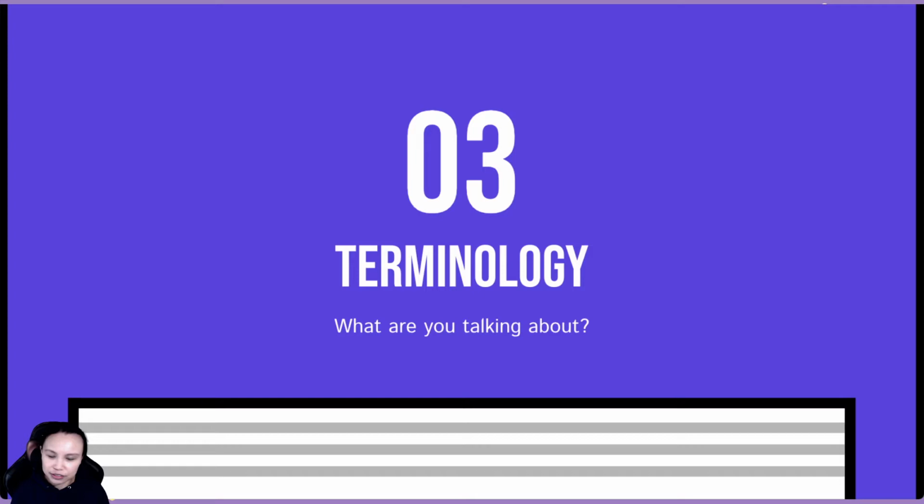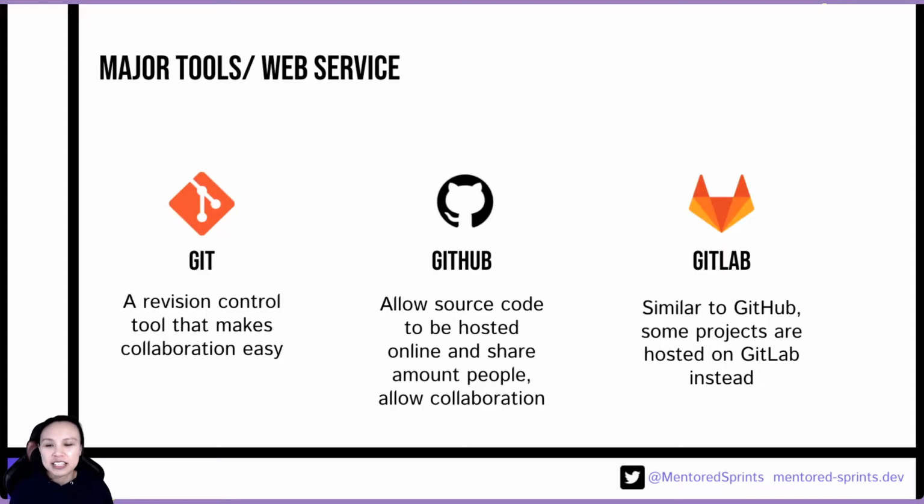So, terminology. Sometimes I've mentioned things like repository and pull requests. What are they, right? Before that, I want to talk about the tools and also the web servers that you will encounter and that we will talk about all the time. First of all is Git. Git is a revision control tool, which means that, for example, if you write an essay with your teammate at school,